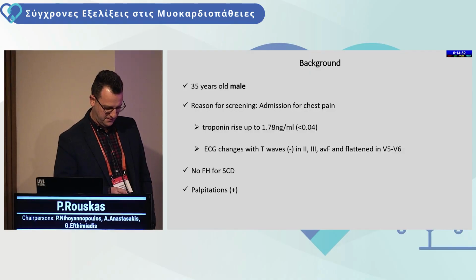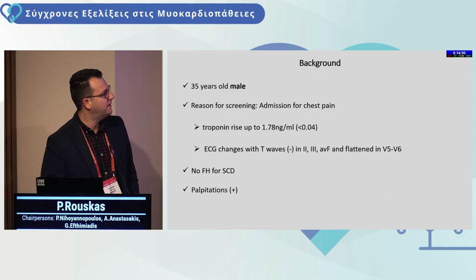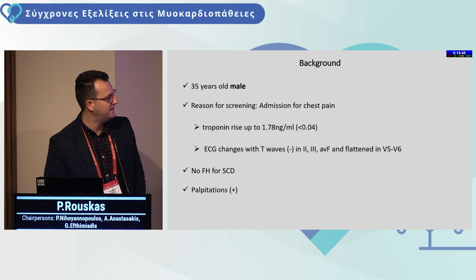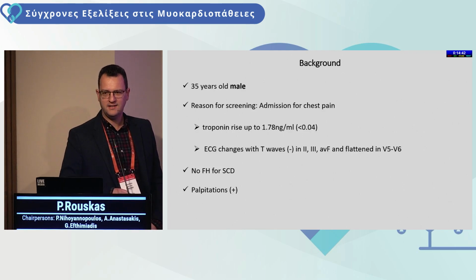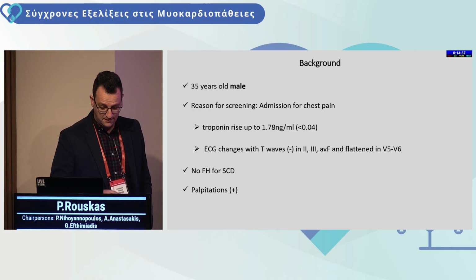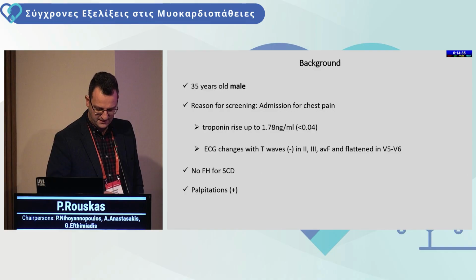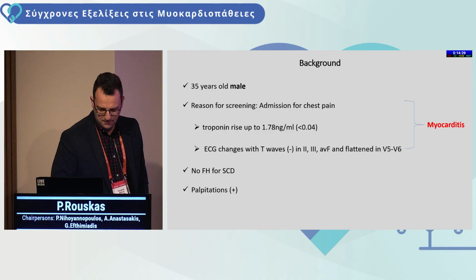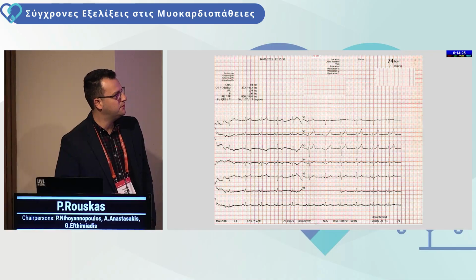Okay, good afternoon. I'll go through the presentation quickly, starting the story with our proband. He is a 35-year-old male patient who came to another hospital for chest pain with a troponin rise up to 1.78 and ECG changes with negative T waves in the inferior leads as well as flattened T waves in the lateral leads. No family history of sudden cardiac death, and the patient complained of palpitations. A myocarditis diagnosis was made at that point, and then the patient came to our outpatient clinic for further